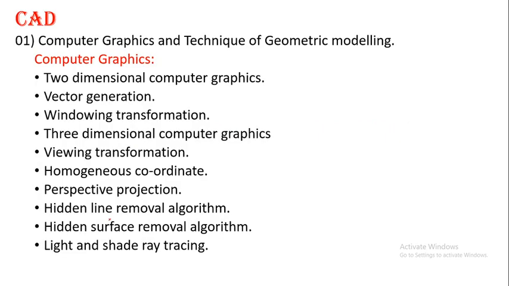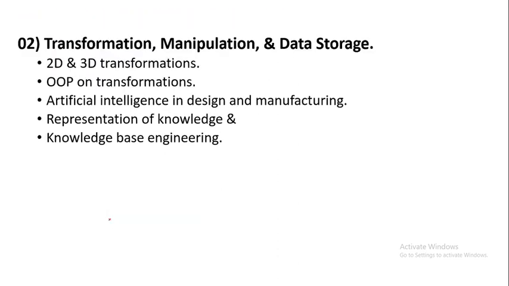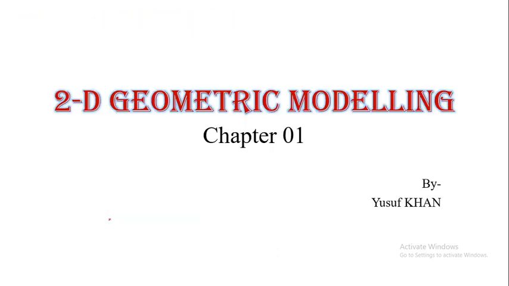In the last lecture we discussed the points we are going to cover during this course, and you have to learn these points. This is the outcome of the course. The first chapter is 2D geometric modeling. Two-dimensional geometric modeling you have to draw with the help of computer. In this chapter you have to learn 2D geometric modeling: line, circle, ellipse, parabola, hyperbola, and some curves. By using this geometry you can create any object.